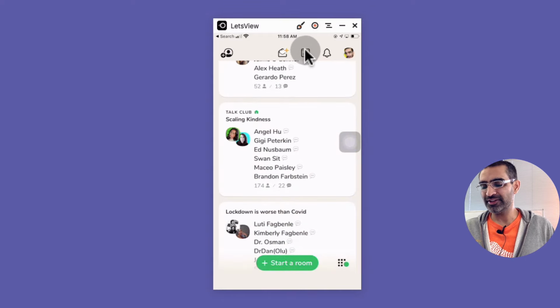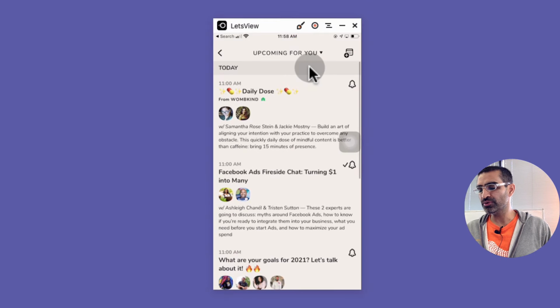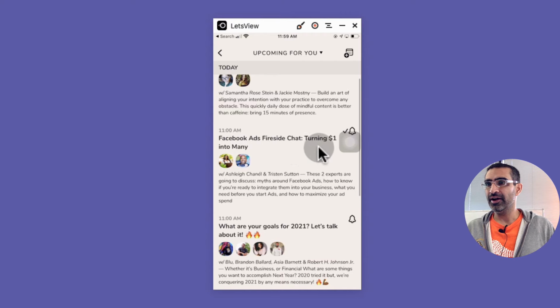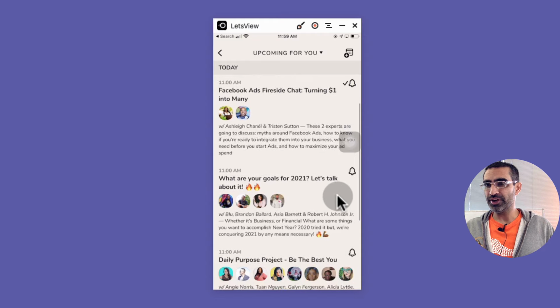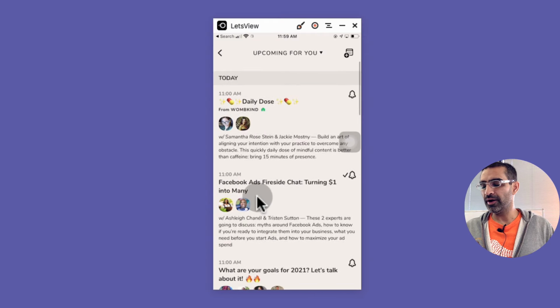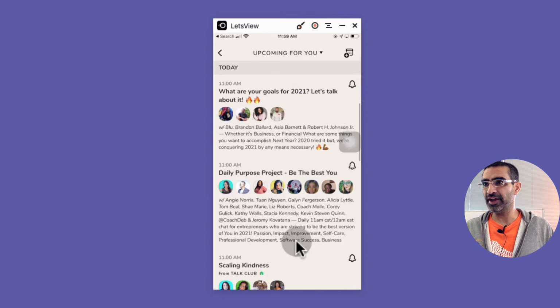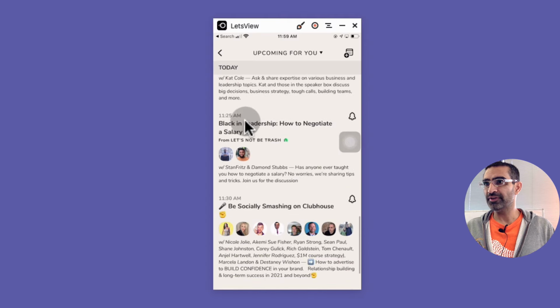All right, next icon is the calendar icon. This is like different rooms or events coming up, right? So here's Facebook ads, turning $1 into many. What are your goals for 2021? So many cool events or rooms coming up. These are scheduled. So look at this. It's today 11 a.m. Then this one is also at 11 a.m. right? 11:25,